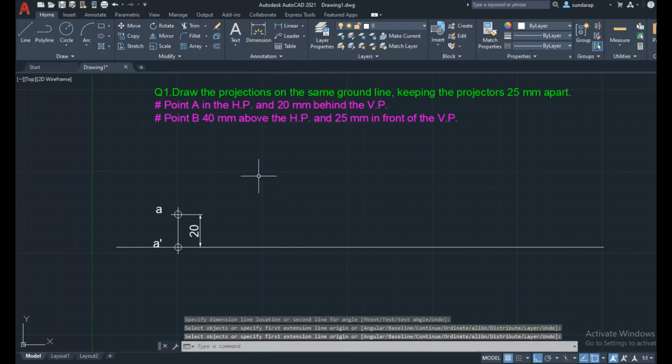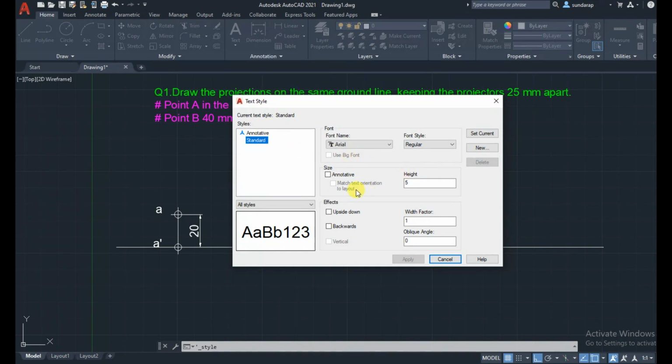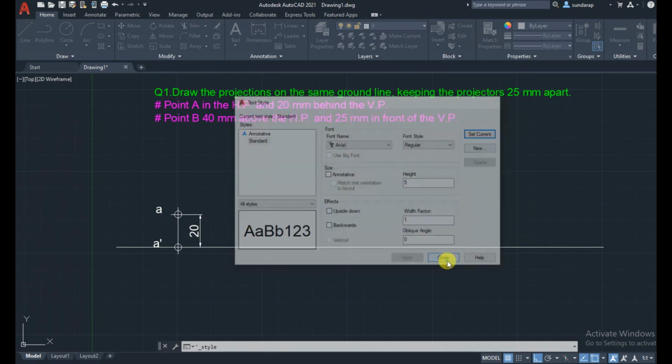By default, the dimension and text height is 1 unit, so you have to change it when doing your dimensions and notations. Go to the annotation drop-down menu, where you can change the standard. Set the height as you require, either 5 or 7, keep the default line weight factor, set as current, then apply and close.